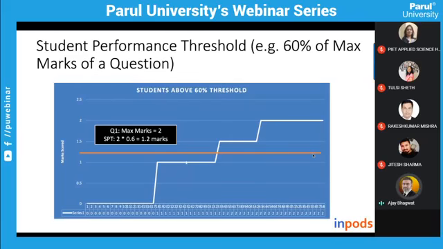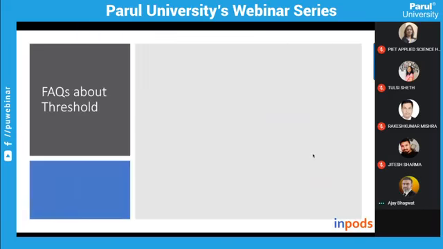And here it is applied for every question. It is not applied for the whole course. It is applied for every question. Then when you look at the marks scored by the students, this threshold value is applied, and it is said that the student has attained the course outcome or not attained the course outcome. That's the kind of decision taken here by applying this threshold value.